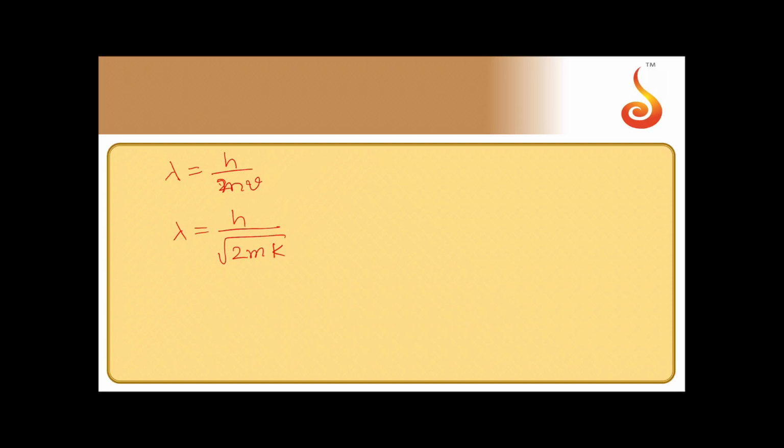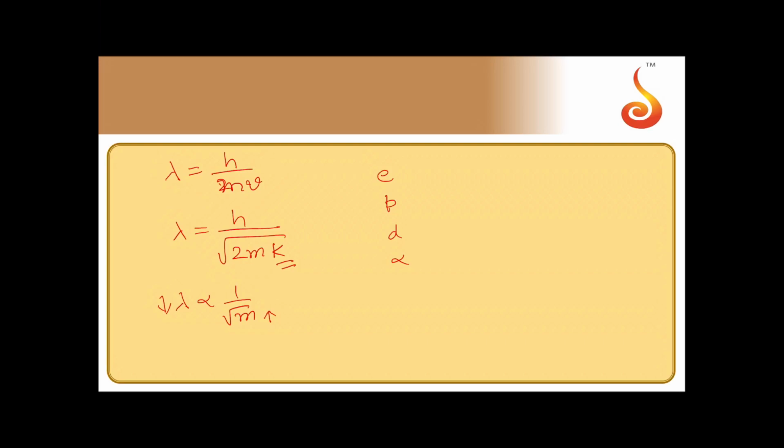So what they have given here is there are 4 particles given: electron, proton, deuteron and alpha particle. So for given kinetic energy, which among these has smallest de Broglie wavelength? So if kinetic energy is same for all of them, then lambda is inversely proportional to root of m. So whichever has the highest mass, that should have lowest value of de Broglie wavelength.